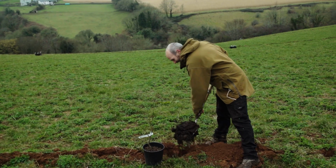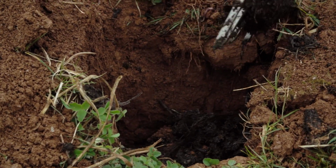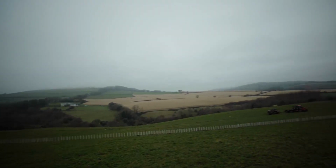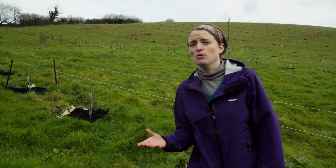It's also really great for biodiversity. It's obviously creating a lot more habitat. There'll be more places for birds and insects and flowers that will result from having the trees in here. And the other thing that agroforestry is particularly good for, and this is increasingly important as we deal with